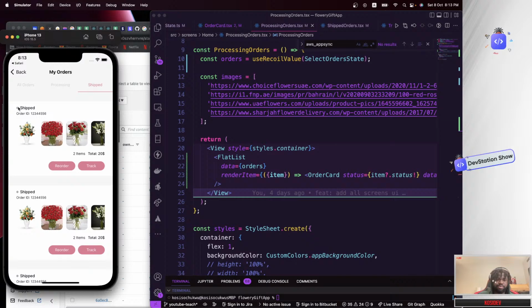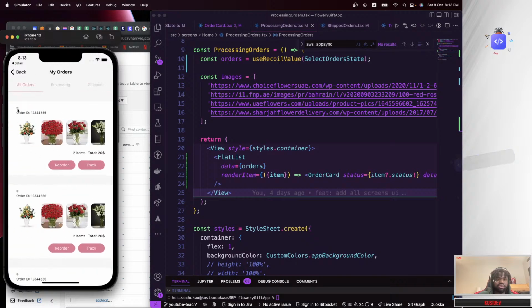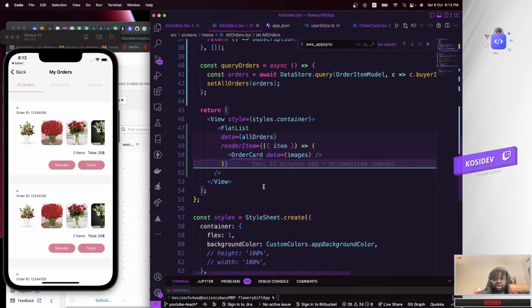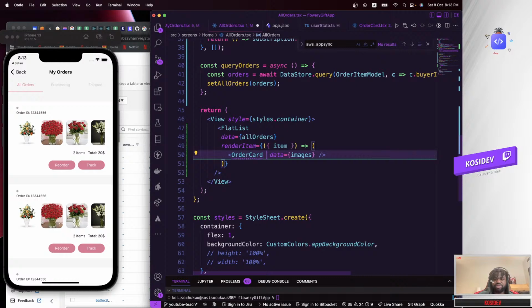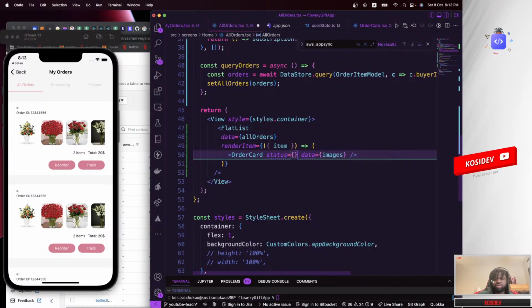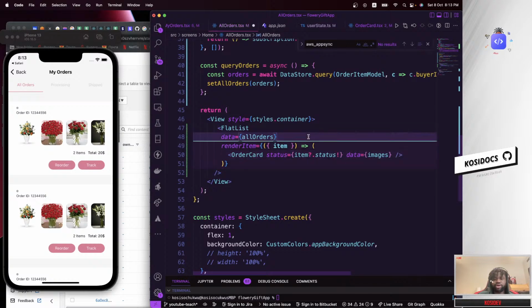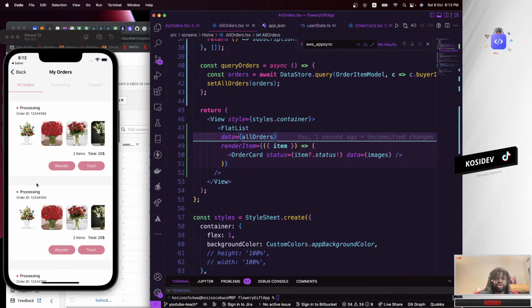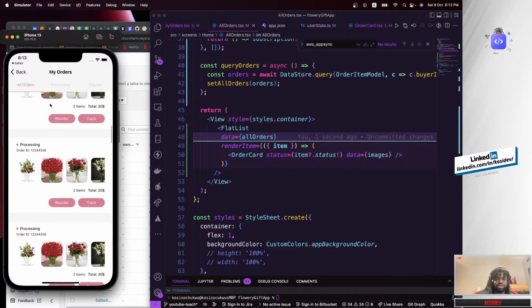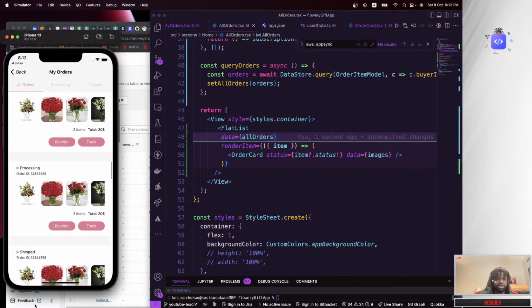The color is gray, and again for all others we're going to have some issues. So if you go to the all others, we still need to change that also, since we are iterating through this. So I'm going to say status is equal to item dot status. There you go. But we need to first unwrap this, and if you go ahead and save that, there you go. So you can actually see the status showing up for each of these. You can see this is shipped, and this is processing.